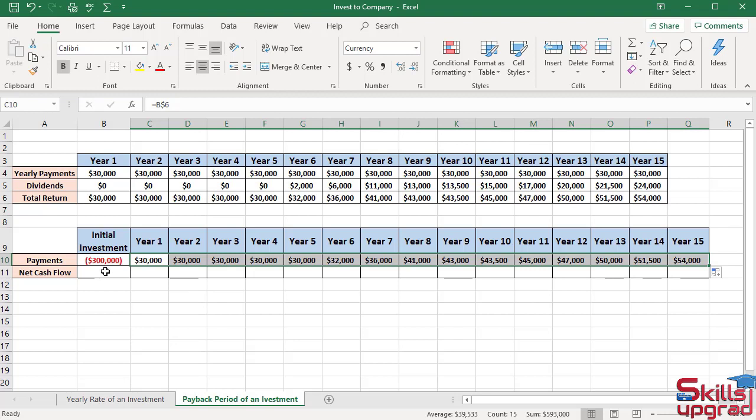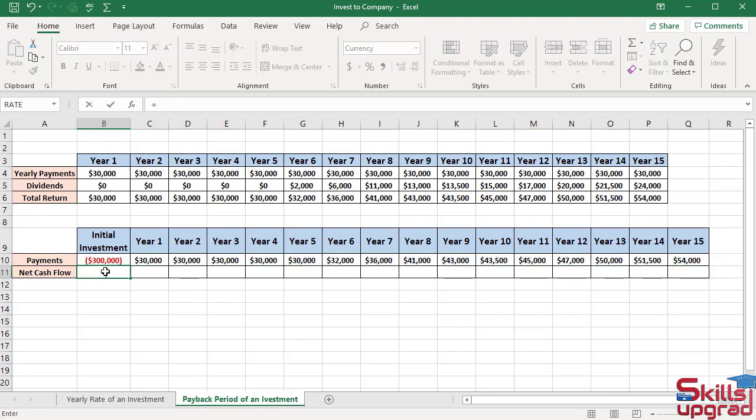Active cell reference B11, enter equal sign, click cell reference B10, press enter key. To calculate cumulative total payments of the first year, add the return value of the first year to the value of the initial investment. Active cell reference C11, enter equal sign, click cell reference B11, enter addition operator, click cell reference C10, press